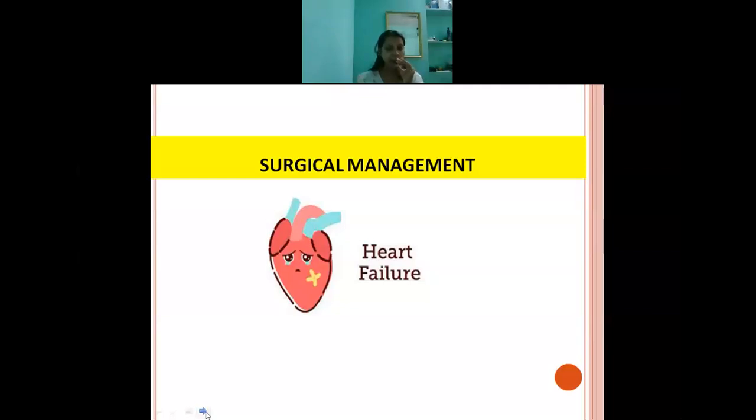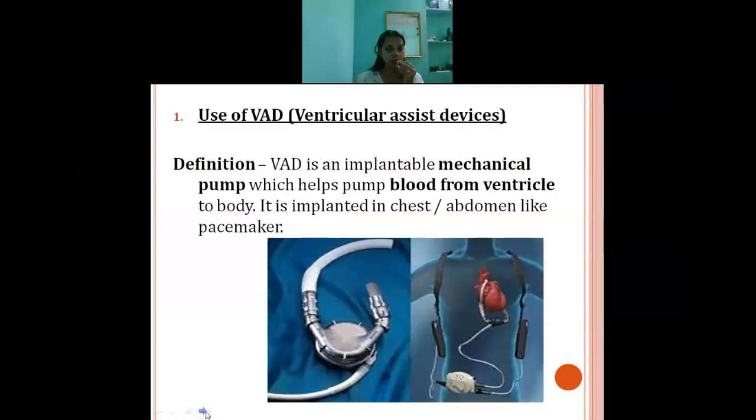So next one is ventricular assist device. Now this device is new for you people. Okay. Now ventricular assist device is actually an implantable mechanical pump-like device. And why is this ventricular assist device used? As the name suggests, it is used to pump the blood, especially when the ventricles are not able to pump the blood. We are using this device. Okay. So it is called a ventricular assist device and helps to pump the blood from the ventricle,